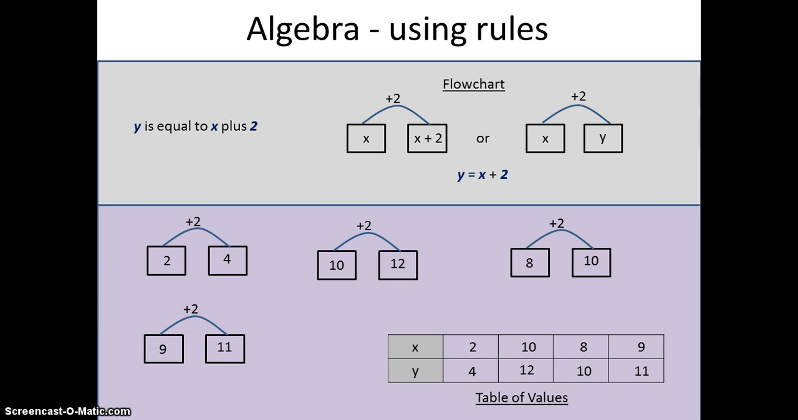Okay, let's try a more difficult example. This time our rule in words is to get y we multiply x by 3 and then add 5. So there are 2 steps to this one. Okay. Again, have a look at our flowchart. So the first thing we do is we have x and we multiply it by 3 and that gives us